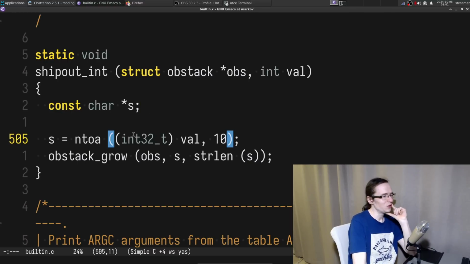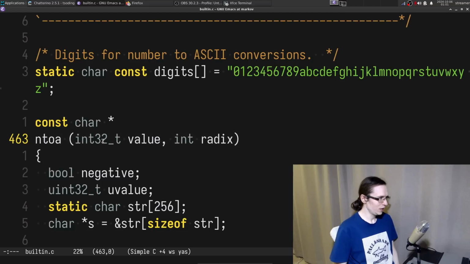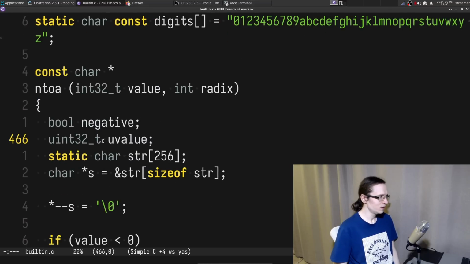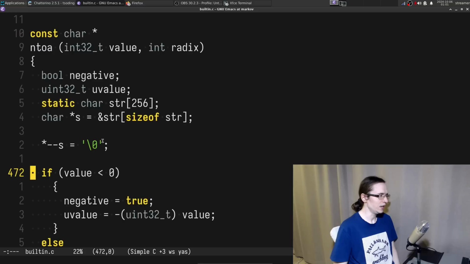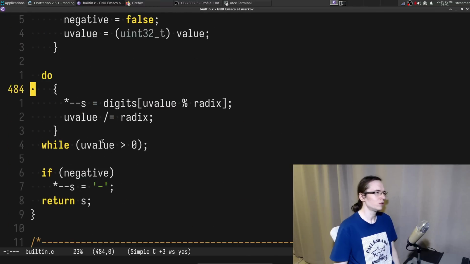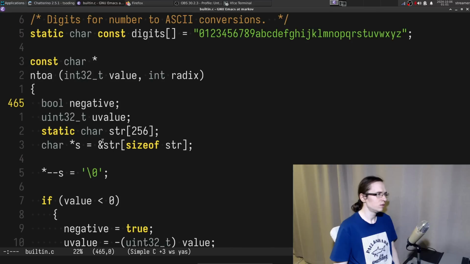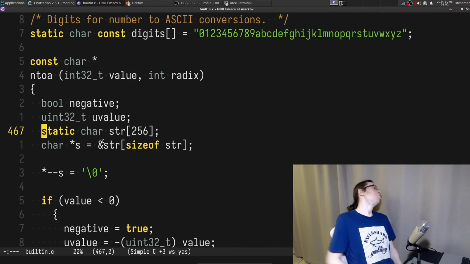Shipping out an integer is actually pretty straightforward. You just do n to a. But where does it allocate that? What is n to a? Okay, so it's a local one. Don't tell me you return the string. No, it doesn't return. But what is s? Oh, it's static.